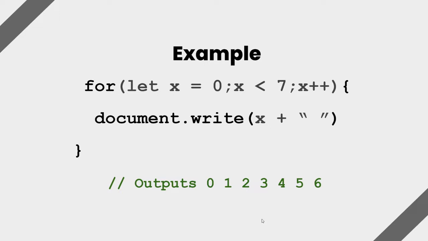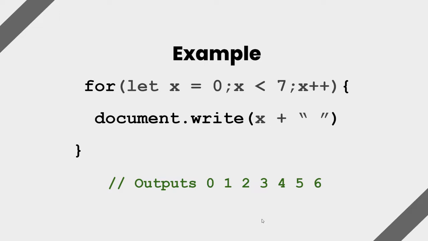The var can be used, but because of the scope, it's always better you use the let keyword. So next we have the condition, and the condition here says x less than 7. Looking at the condition, x represents the integer value of 0, and 0 obviously is less than 7. So this means that after the variable counter has been checked and the condition has been seen to be